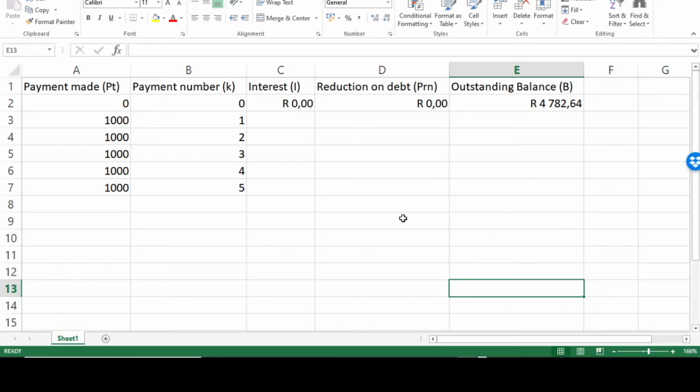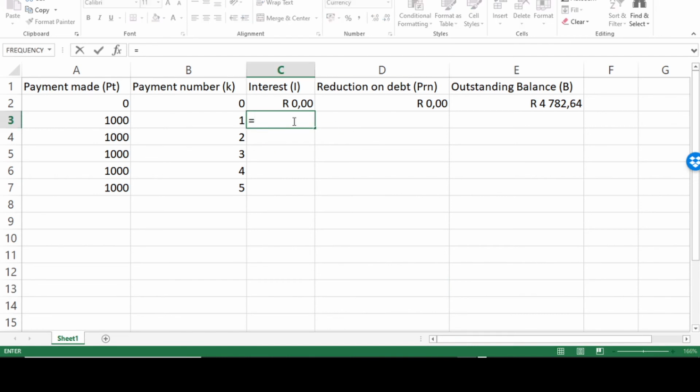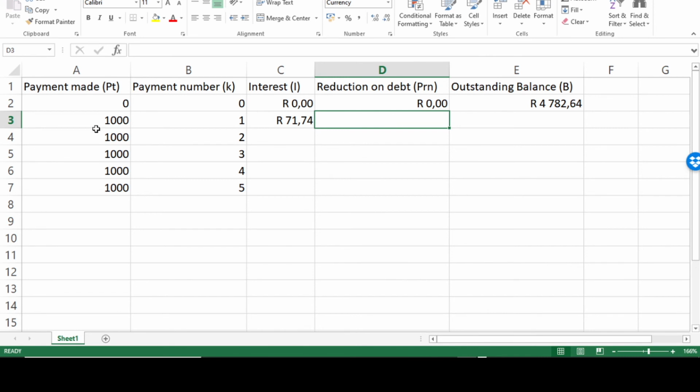Okay, so on this spreadsheet, my outstanding balance, or the original loan, is 4,782 rands. So during the first time period, from time T0 to time T1, what is the interest for that time period? Now the interest is equal to the effective monthly interest rate, so that is the 0.015, and then I multiply that with my outstanding balance. So the interest for that first time period is 71 rands, and therefore the principal part of my payment at time T1,